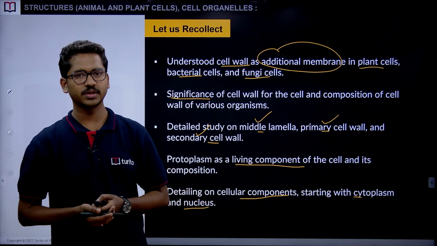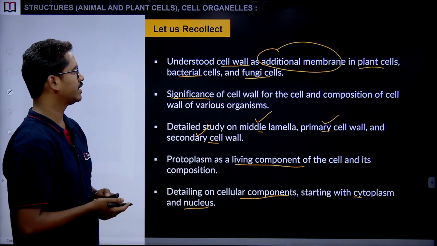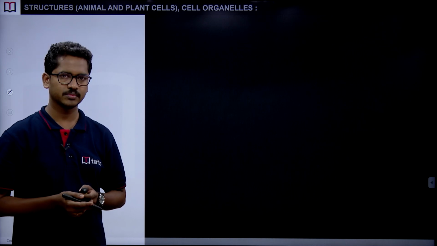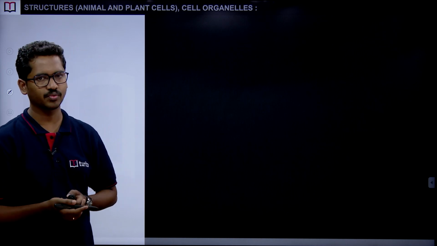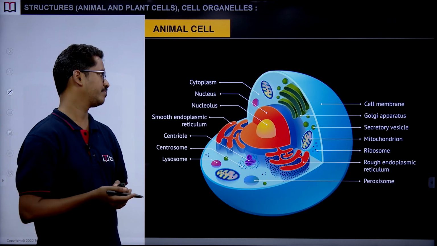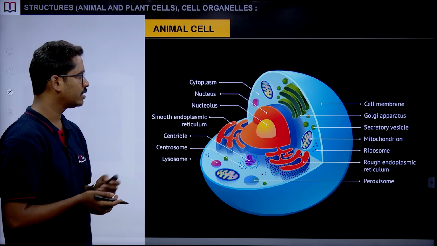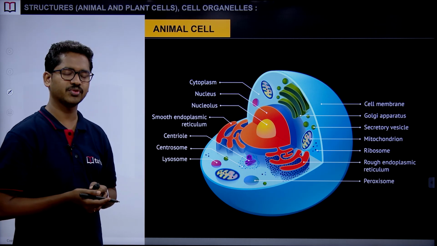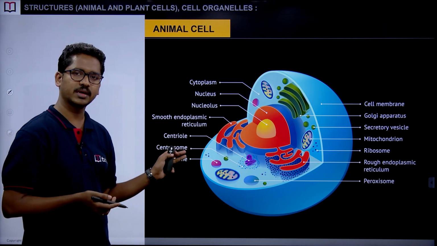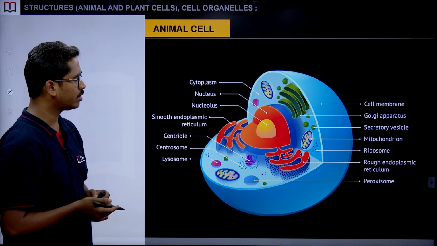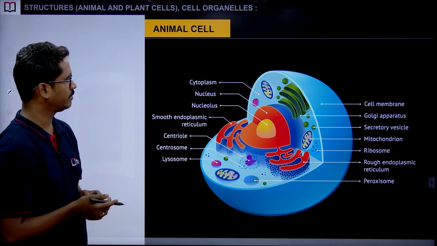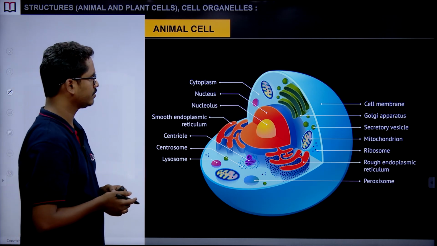Now today, like I said, we will be having an understanding of the plant cell and an animal cell, then we will move forward to compare their features. I would like to begin my class with this particular image. Hope you can see this clearly. This structure you are looking at here is actually the animal cell, and one by one we will try to look at its features along with some of the organelles given here. If you observe here, starting with